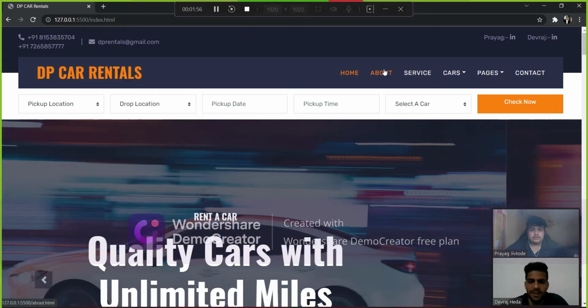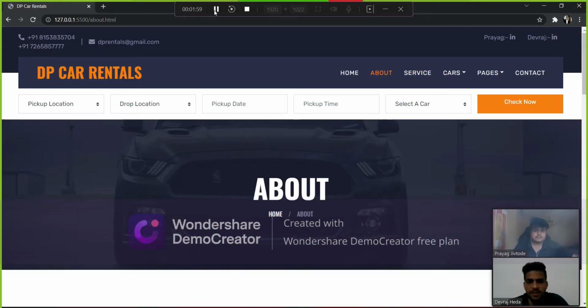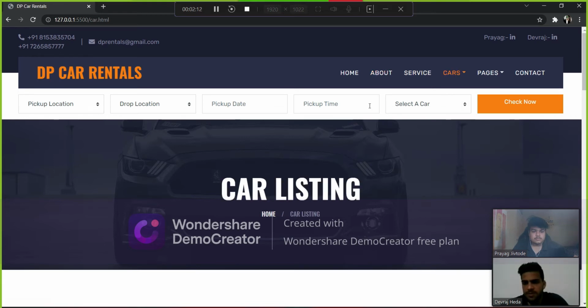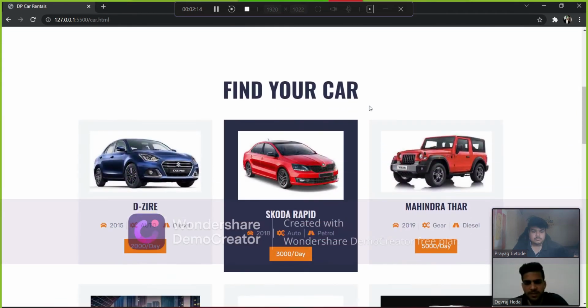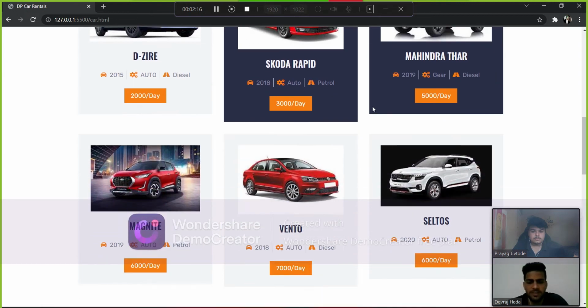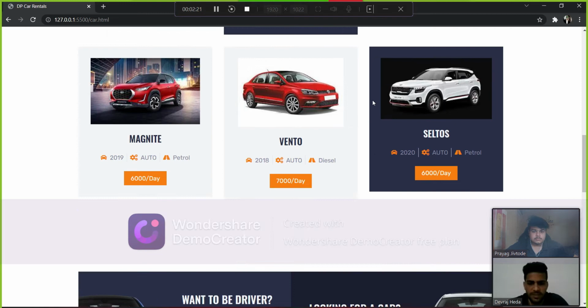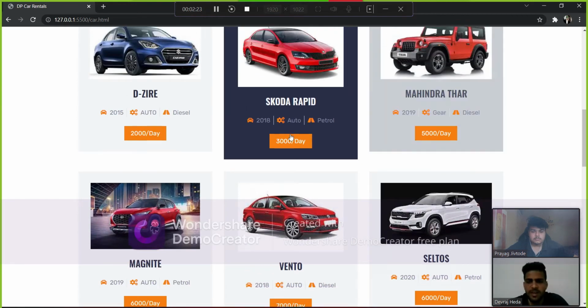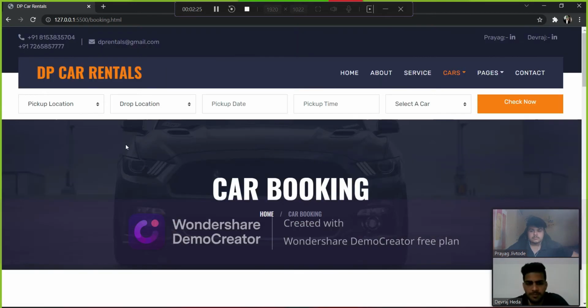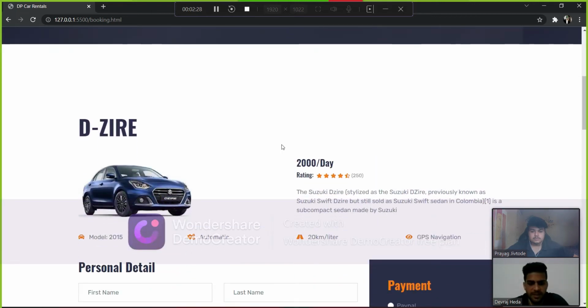Booking a car here is very easy. We have shown that different types of cars are available. We can directly go into the cars option, and here is the car listing. If we scroll down, we find different cars which are available at what prices per day. And then when you select a car, for example, we selected a car,